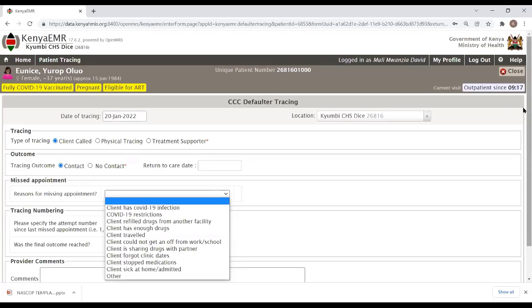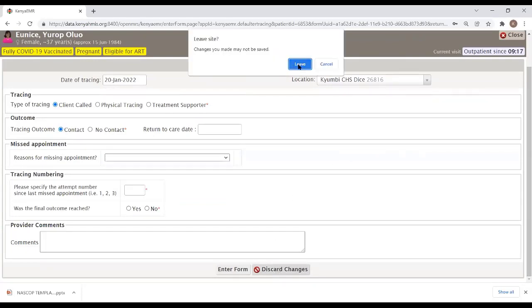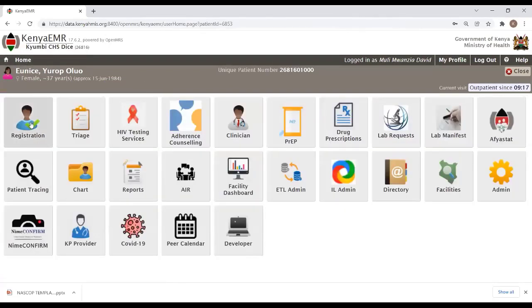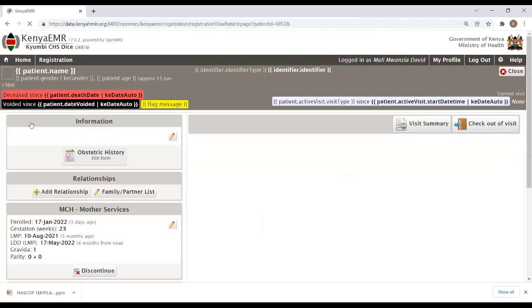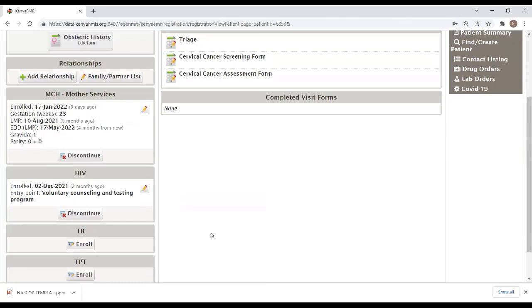So this form was enhanced to just allow us to do that. So allow me to just discard this since it's just for demo. The other section was on discontinuation form to record deaths due to COVID-19. So on the discontinuation form,